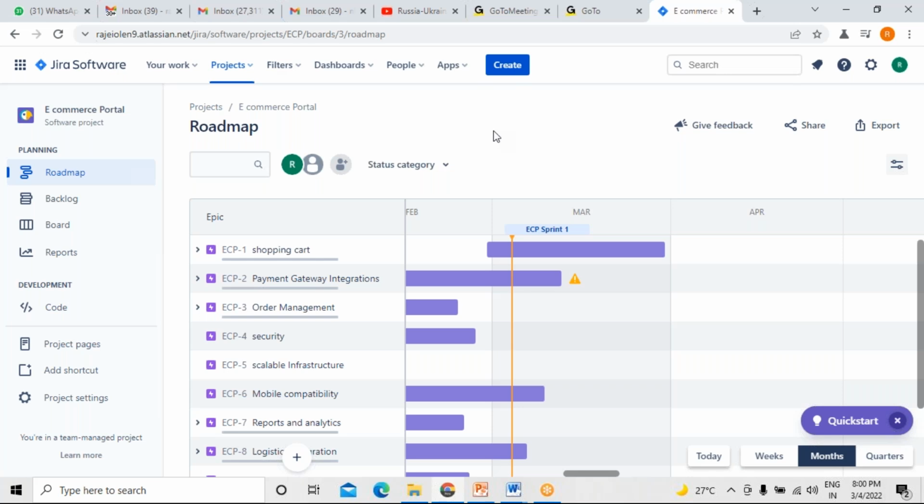Based on the velocity planning, you will come to know how many more sprints are required to complete this release plan. So do we manage that velocity planning in Jira? For that, you have to complete two to three sprints.